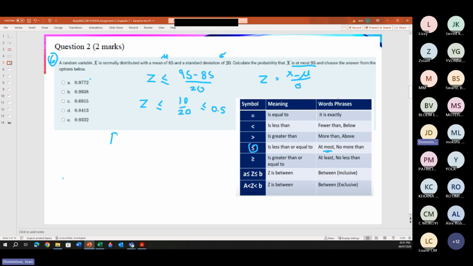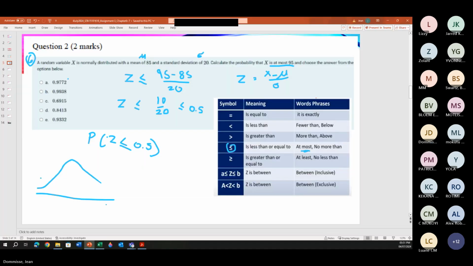So the probability that Z is smaller or equal to 0.5. Okay, so let's just go to the table. That's 0, again 0.5. So we need to work out what is that component. So this is cool. From the positive table, we can